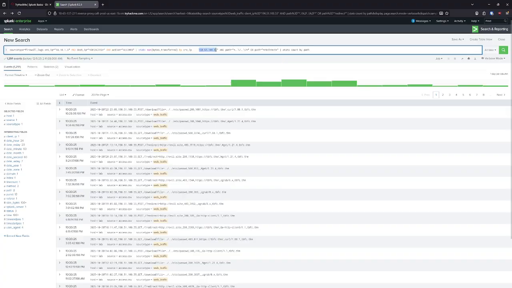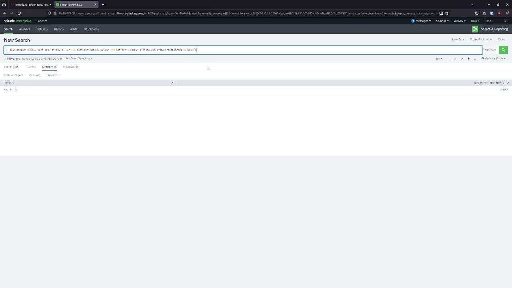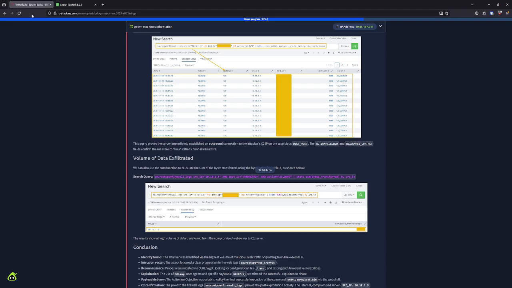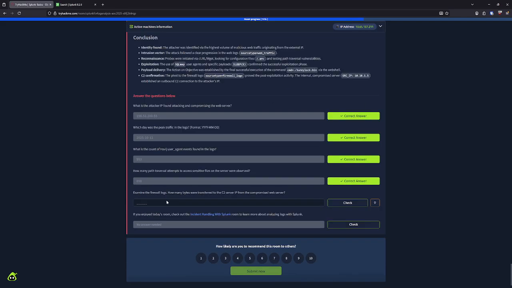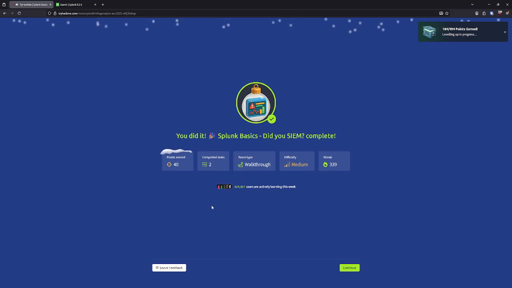Take this, put it in redacted. It's going to tell us in bytes how much data was transferred. And the answer is 1261.67. All right, so we did it. We're done with